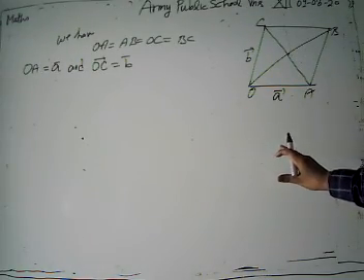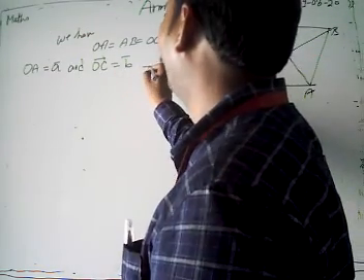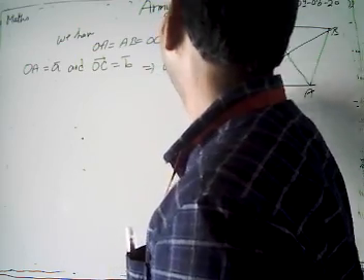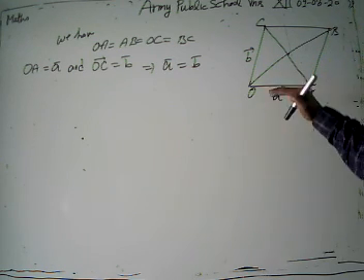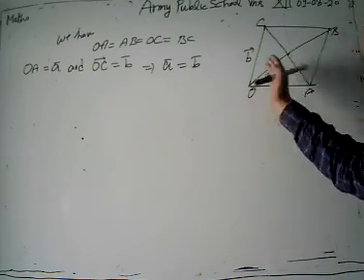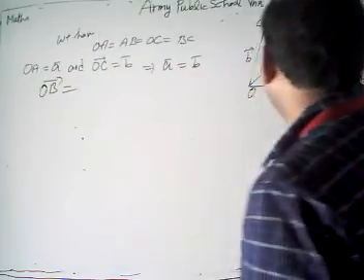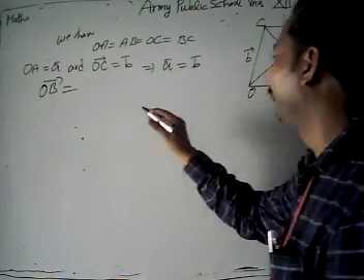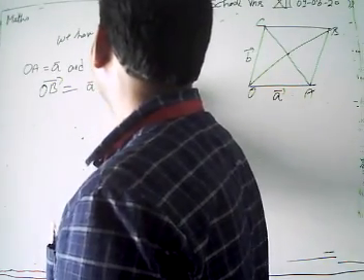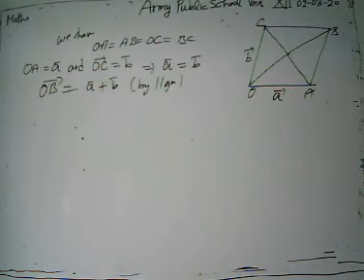Now look, what do we do? Since OA is equal to BC, we have that vector A is equal in length to vector B, because all sides of a rhombus are equal. Now we have to show that the diagonals are perpendicular to each other. Then we have to take the dot product of OB and AC. How can we get the value of OB? Vector OB, again by using the parallelogram: this is our A, this is B, and this is also B. Then OB is given by vector A plus B, by the parallelogram law of addition of vectors. Now we have the value of vector OB.